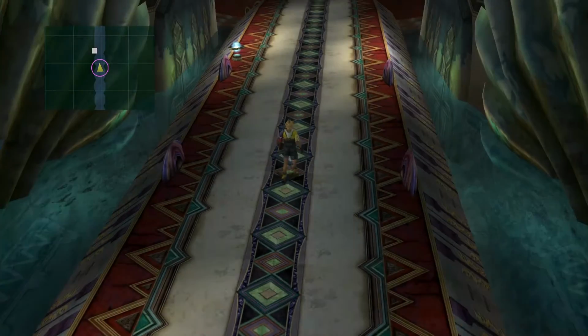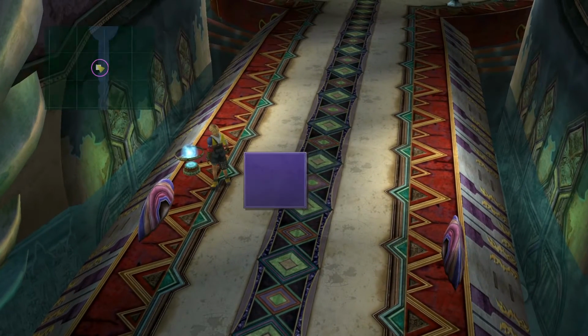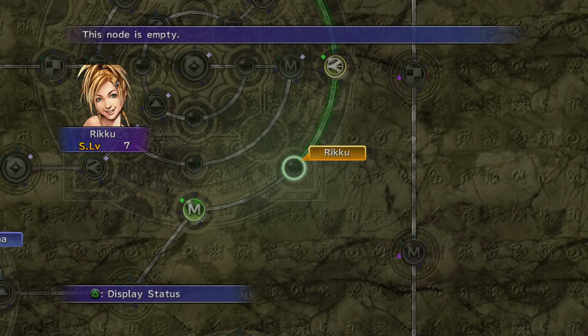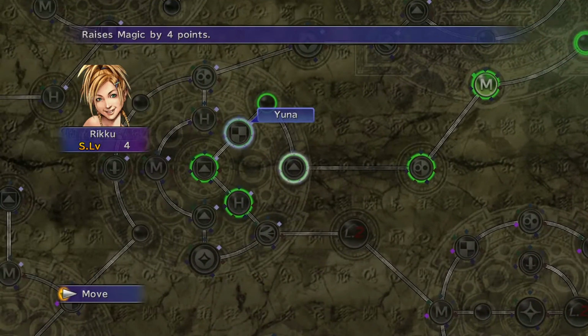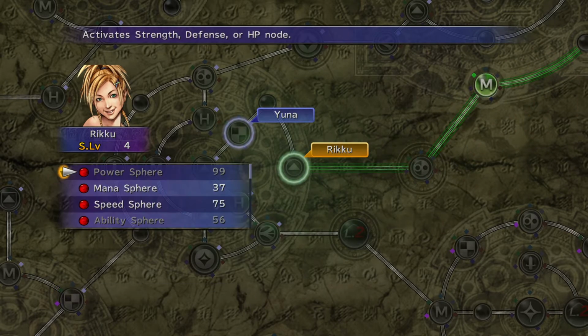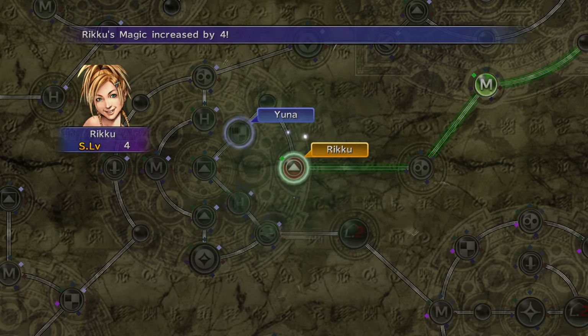Another Phoenix down, a switch hitter, which I think we already have a couple of, but let's look at what our sphere grids look like. Riku's basically irrelevant, in all honesty, for her sphere grid. You might actually notice we're going backwards. Yes, we are going backwards down